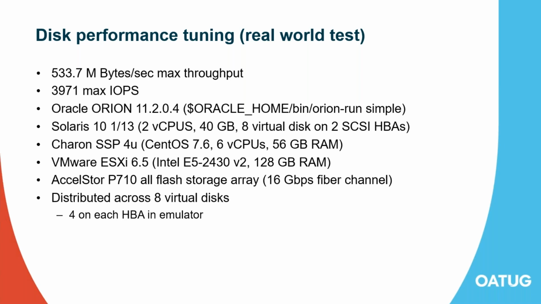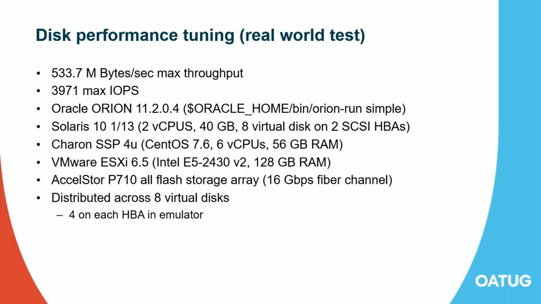We set up Solaris 10, release 11, and used Oracle Orion, which is the Oracle IO numbers. That's one of their disk throughput utilities that will give you a feel for how fast a workload will run on a target system. We ran that and gave our VM 6 vCPUs, 56 gig of RAM, so that our VM with everything would fit inside one NUMA node on that T420,